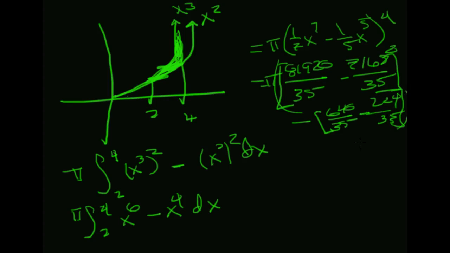Oh, this is awful. If that breaks down, it breaks down to 336 over 35 pi. You could check my work here, which ultimately is approximately